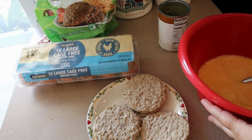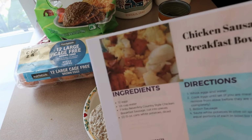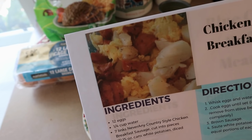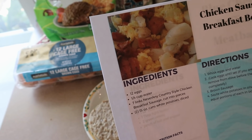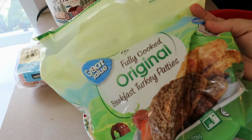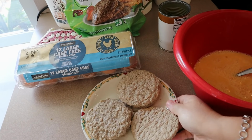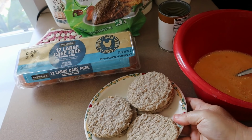Alright, so starting with breakfast, I'm making turkey sausage breakfast bowls. On my website, I do have a recipe for chicken sausage breakfast bowls, and I think you can see right there what they look like. These are with the little links of chicken sausage, but I'm not using those. Today, I'm going to be using these Great Value turkey breakfast patties. This is what they look like. They're pretty big, so I'm going to use 5 of those and cut them up and put them into